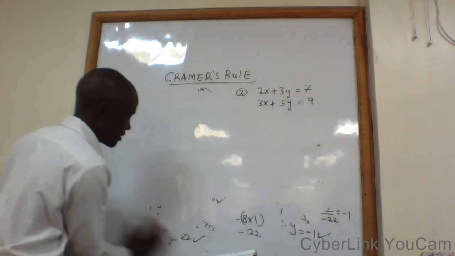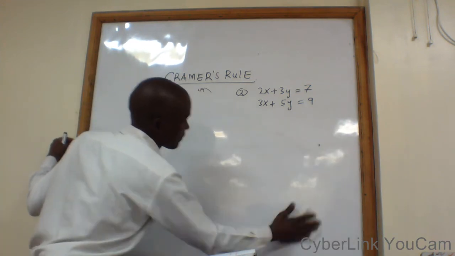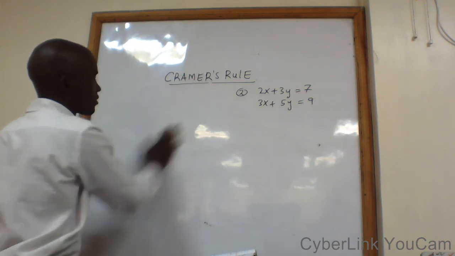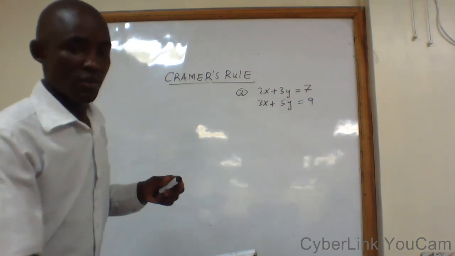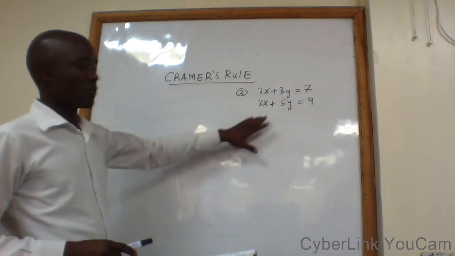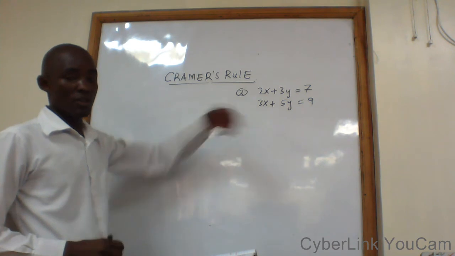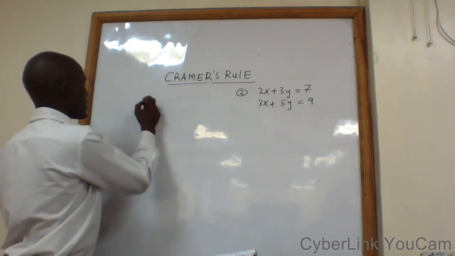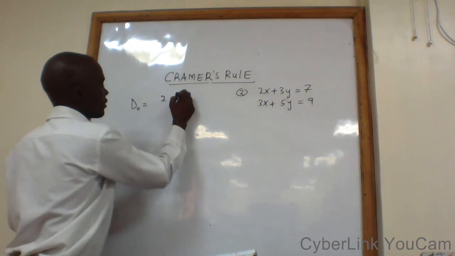We can look at our second question, which reads, we have 2x plus 3y is equal to 7, and the other one is 3x plus 5y is equal to 9. Like I said, you need to determine the original determinant of this particular set of equations. So our determinant d naught will be equal to 2, 3,